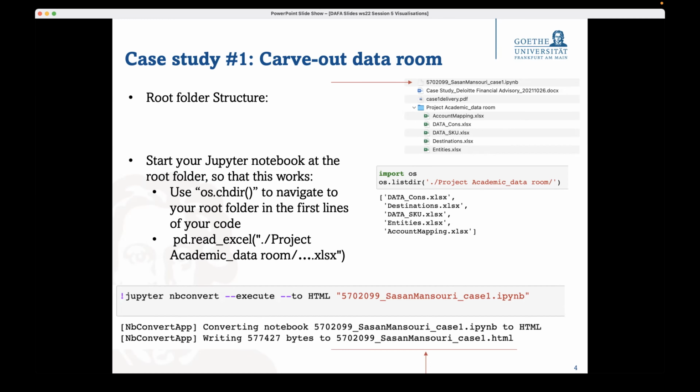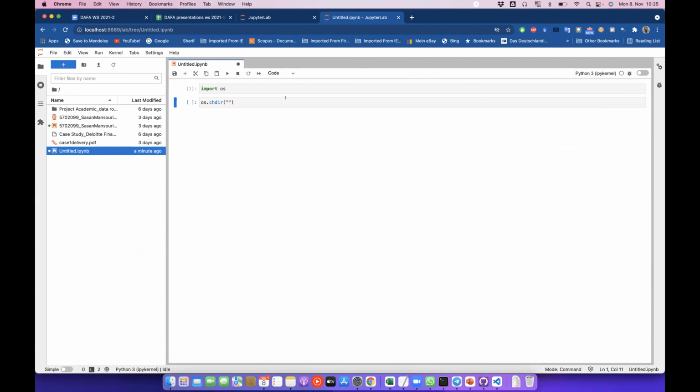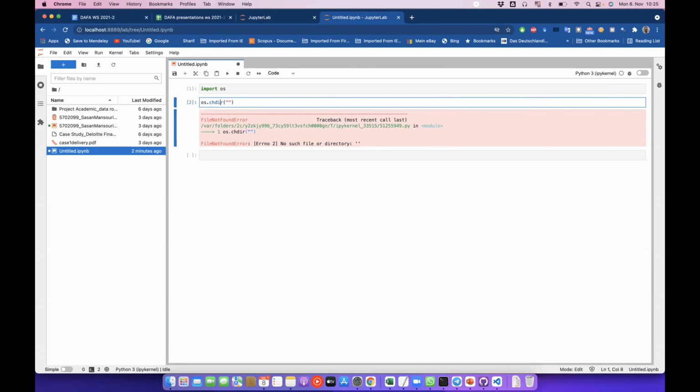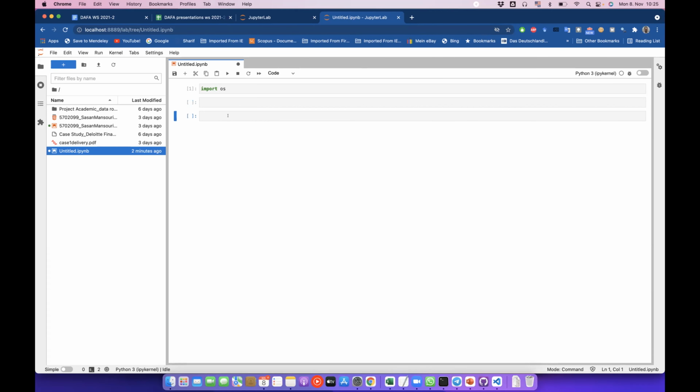HTML page based on your notebook. So, for example, here, if I want to convert this to HTML, you can convert it also to PDF or whatever, but HTML should be fine for me. And then